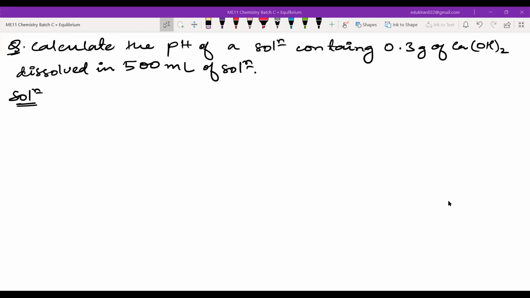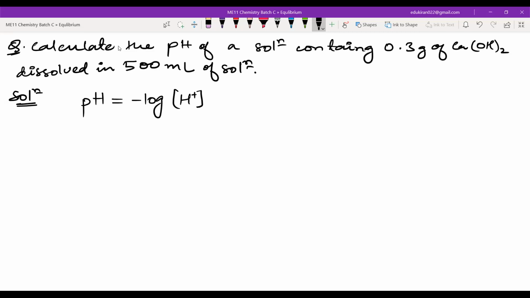The pH is asked, okay. So first of all, you will write like this: pH is equal to minus log of the concentration of H plus. I hope you guys have no problem till here. Yes or no? Yes, sir. Okay, fine. Is the concentration of H plus given in the question? No, it is not given in the question.